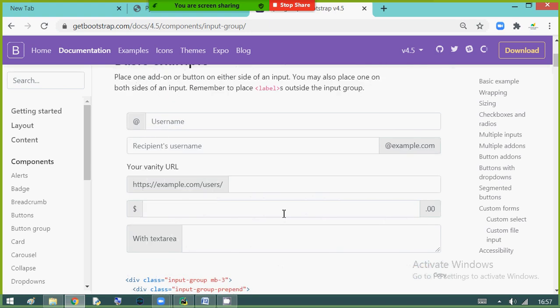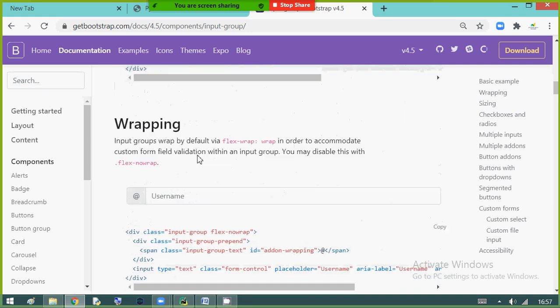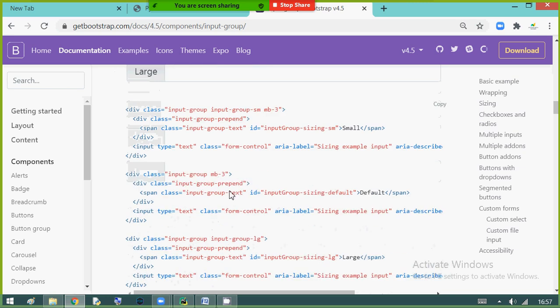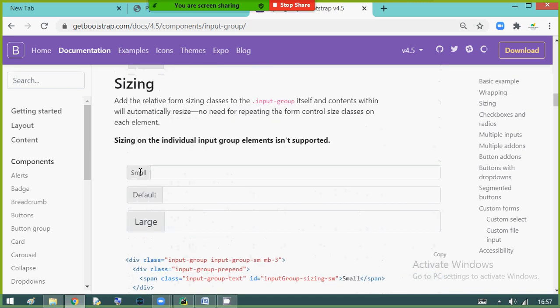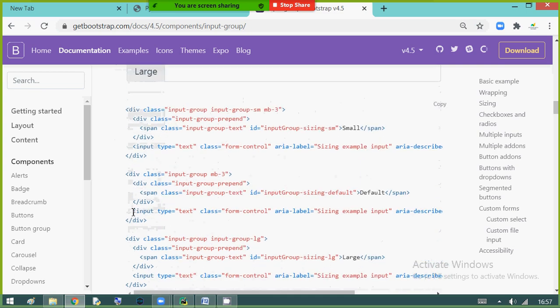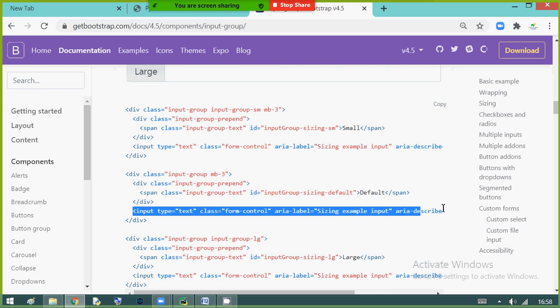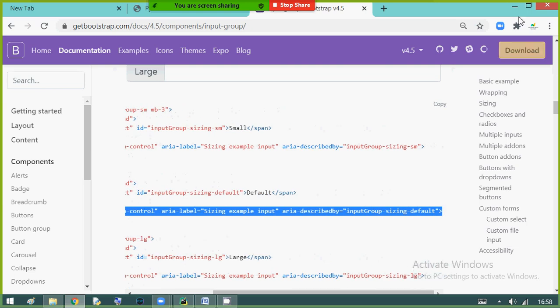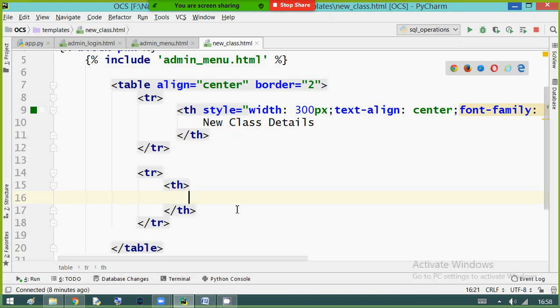Username like @ you can provide, some wrapping. You can look at small, default, large. I'll take the default size. I'm taking the input. I just copied the input field, guys.